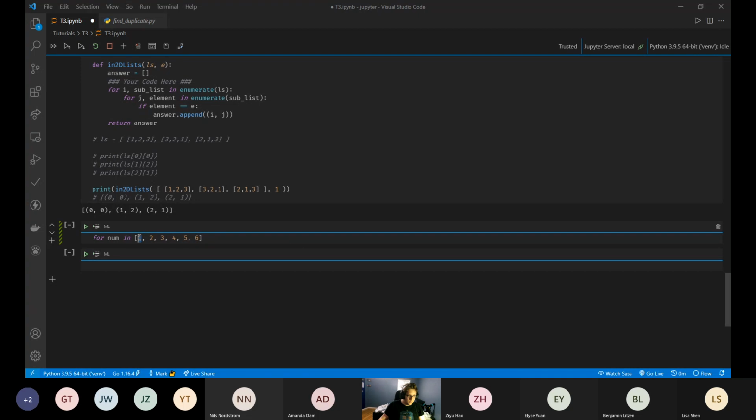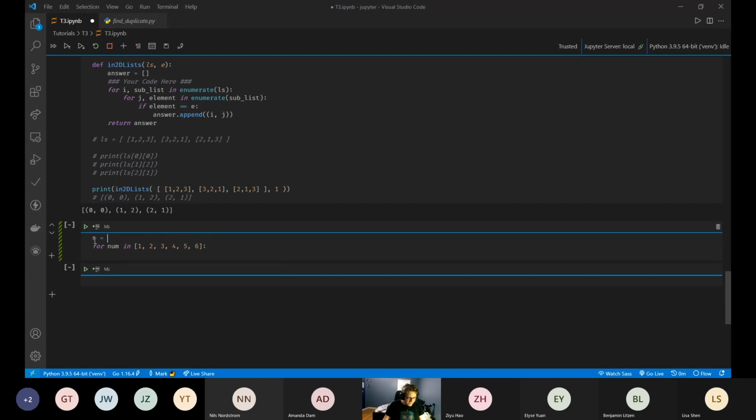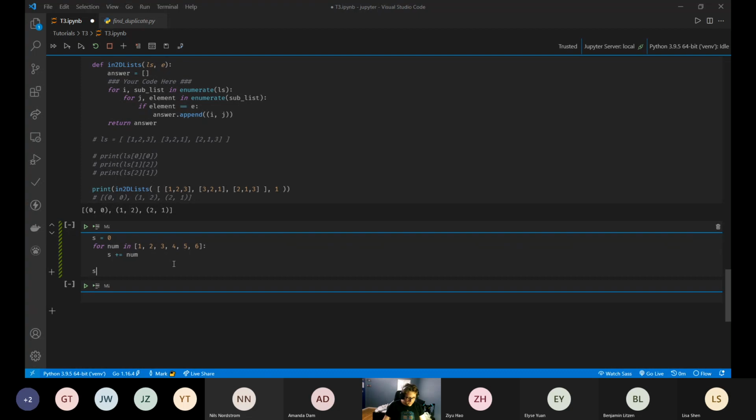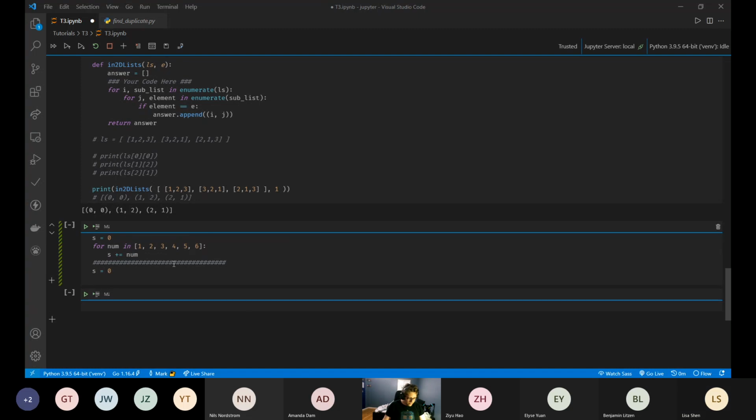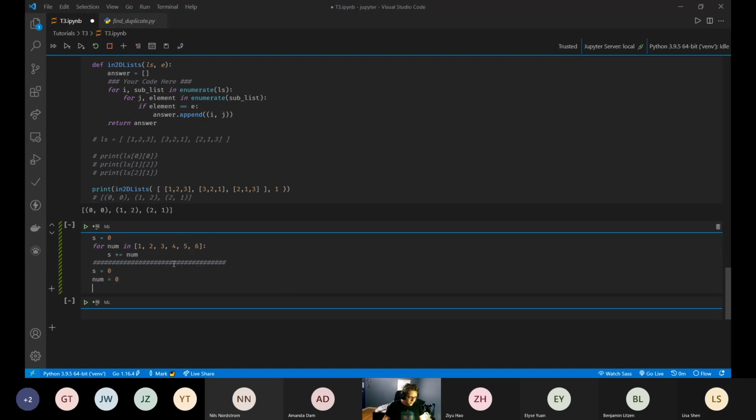It's a variable that I want to use. If I had a basic sum loop, Python will see the for loop and will go, okay, so what you actually mean is s equals 0, num equals 0,